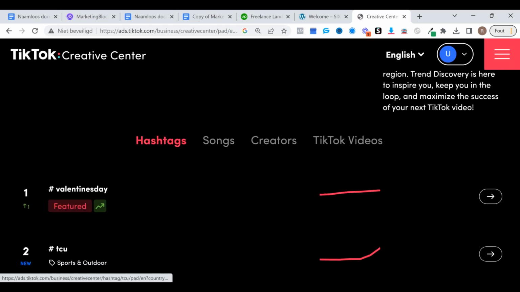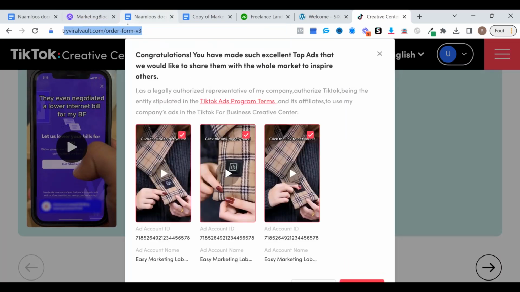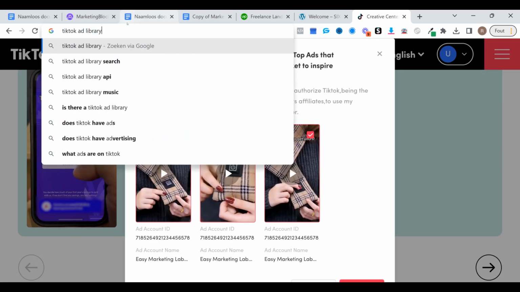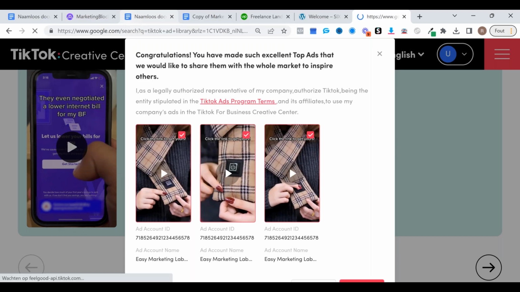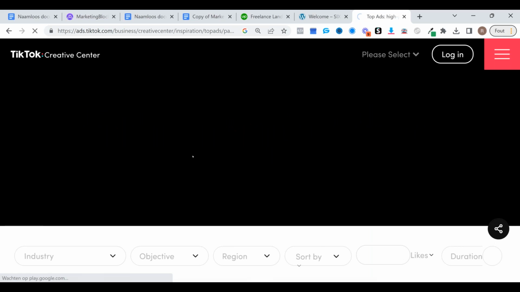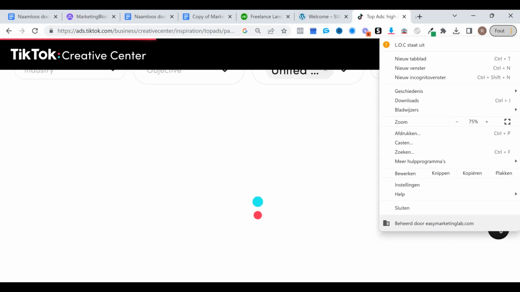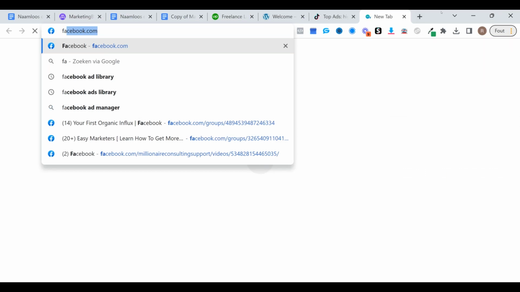On this page you can see the trends, but I want to see the actual ads. TikTok ad library. Ads on TikTok.com. I think they said, okay, perfect. With this, I can immediately see all the ads that are running on TikTok,